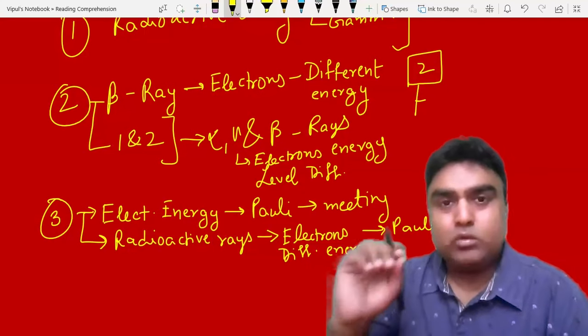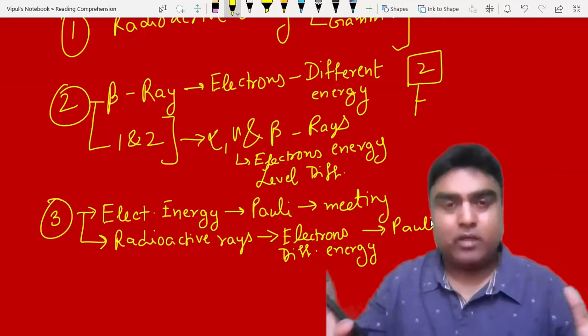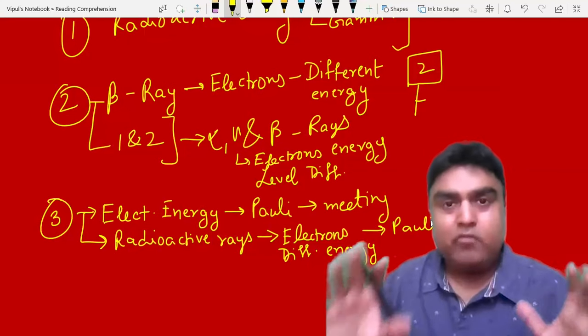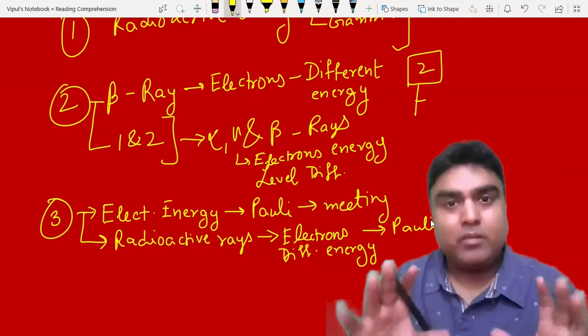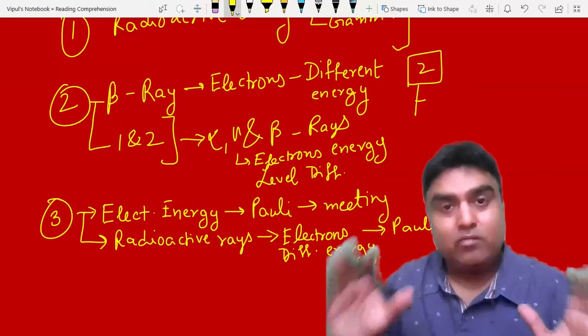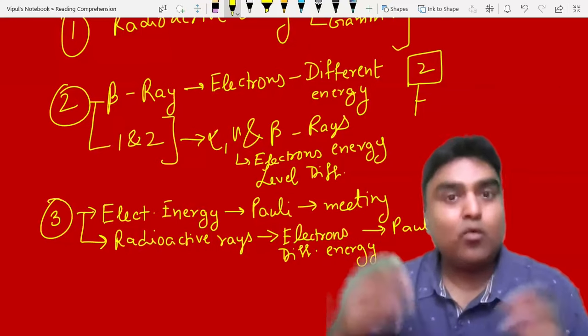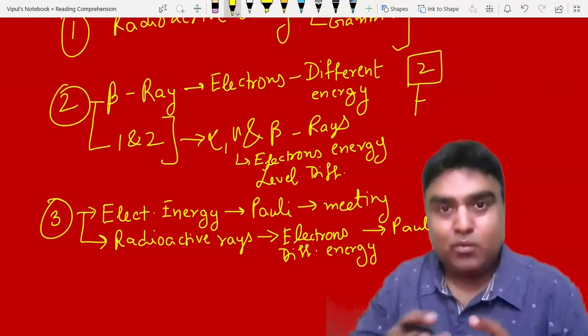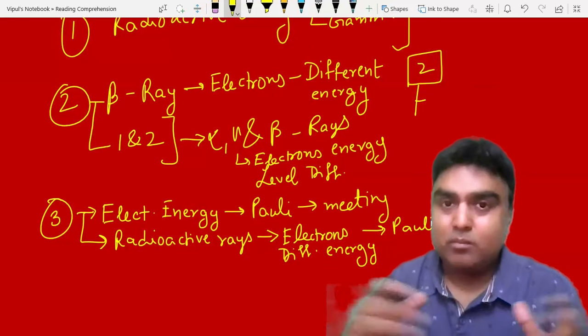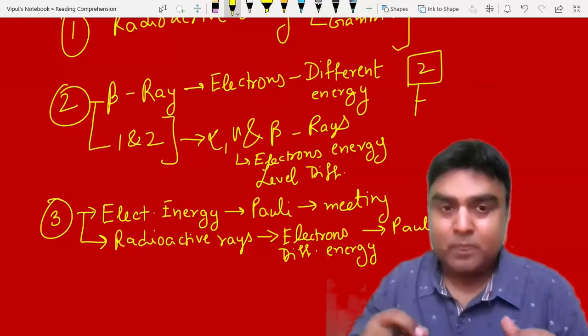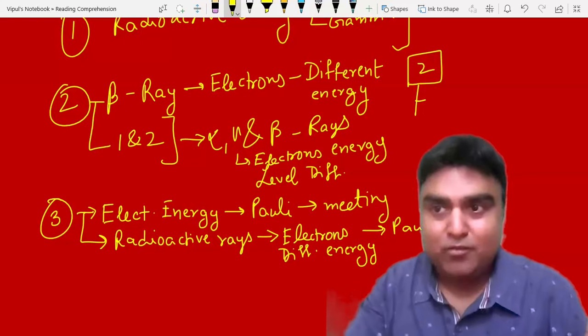Now, this is the most important thing in any kind of IQ test. If you're able to get the main idea, it means you're understanding the full thing, even without knowing every word or phrase or clause. So this is the main thing which we are supposed to do in an IQ test. Now, let's read it further.